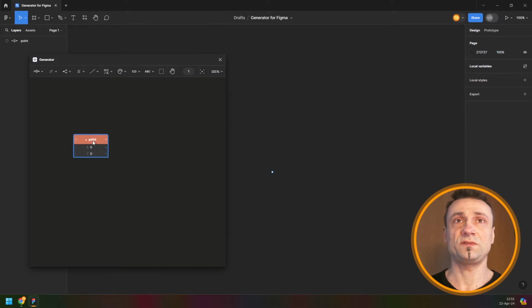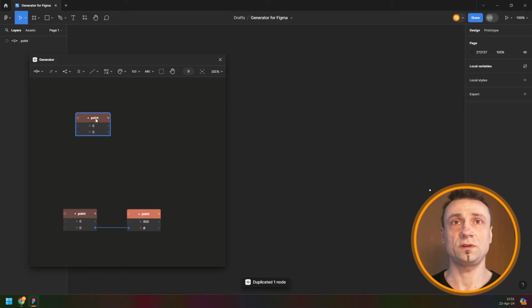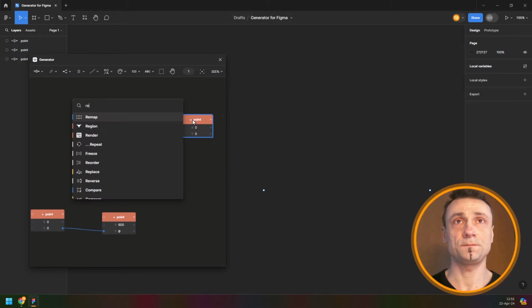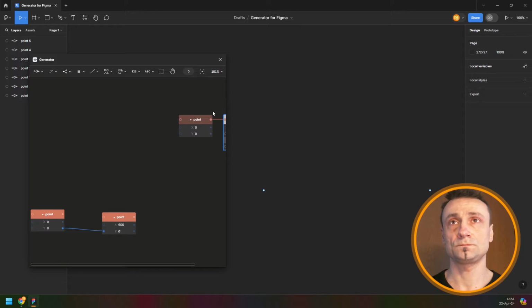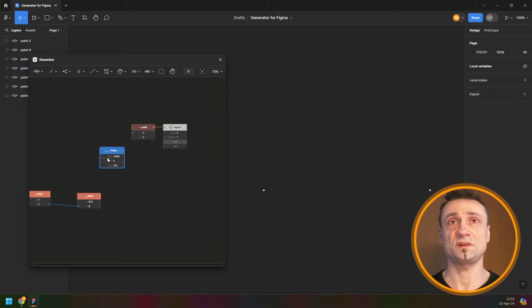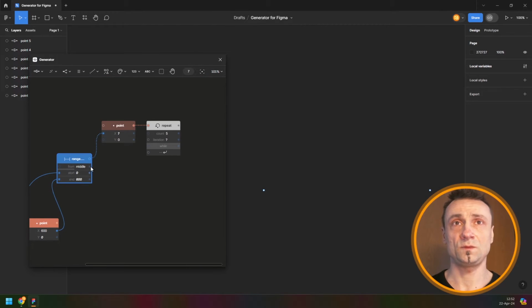At first, I'm going to define 2 points, link their y's, and separate them to define some dimensions of what we're working with. And then, let's say 600. And then I'm going to create another point over here, which is going to be repeated. To move it, I'm going to use a range. So the x is going to be from this x to this x. And when I loop it,